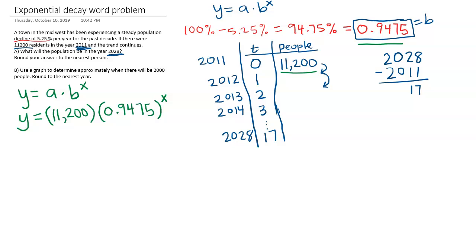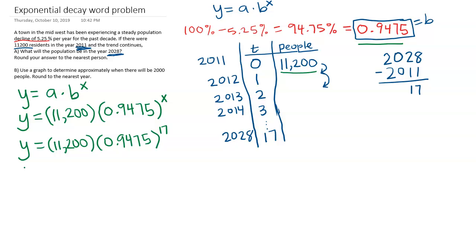And now this is an equation that we can use to figure out for any year how many people there might be. So since we want to know in 2028, that's when t is 17, let's put that into the equation that we just made. And then just use your calculator to do this. Make sure that you're using the order of operations. So that means that you need to raise to the power first